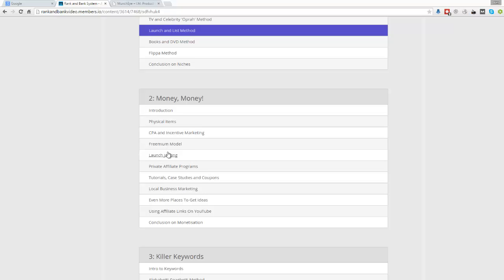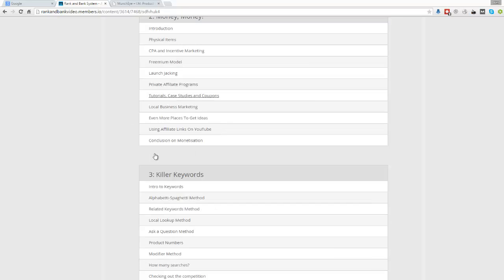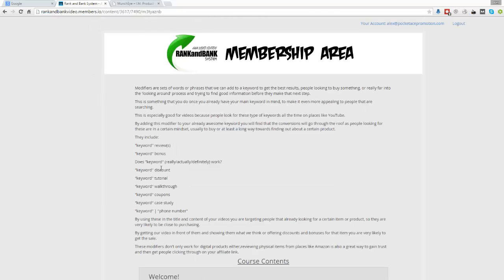So that is what we are going to be doing as far as the monetizing side of things, obviously, because we're using the launch method at the top here. Now the keywords. I'm telling you all these now so that I can just get on with the other bit. For the keywords, I am going to go for the quick and easy method, which is the modifier method. If you remember, in the modifier method,